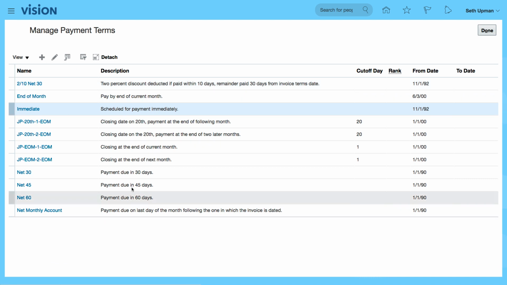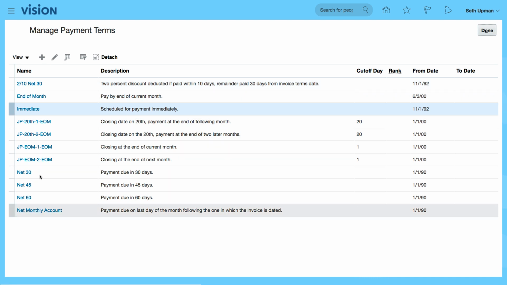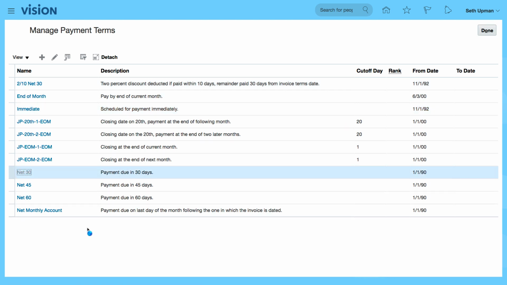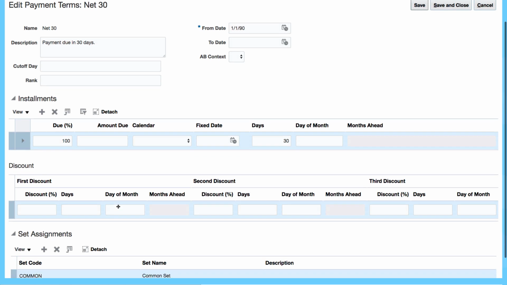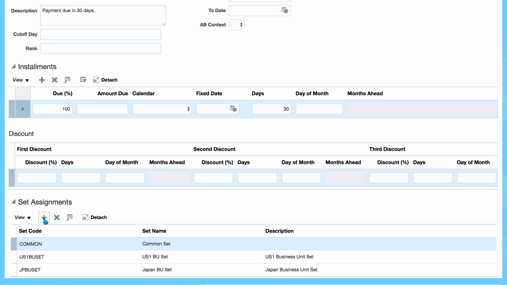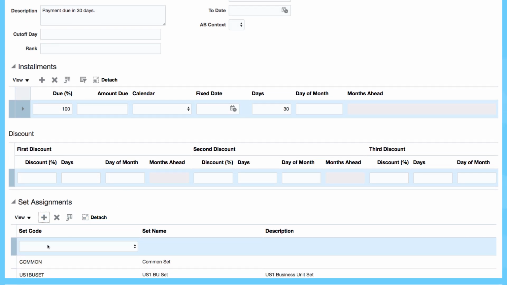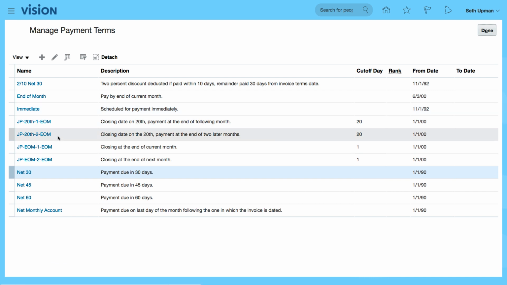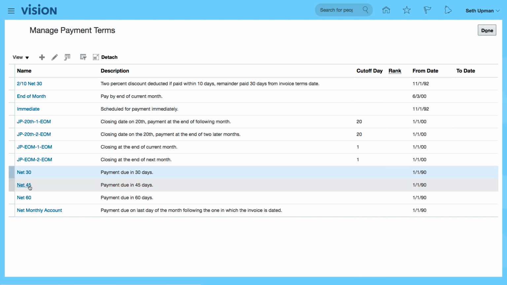And you can also create your payment terms: net, monthly, immediate, 30 days net. So let's add this to ours as well. So let's add 30 days, Acme, save and close. And I'm going to add